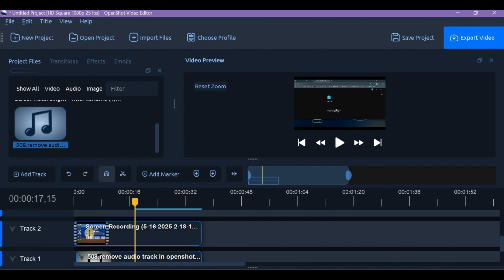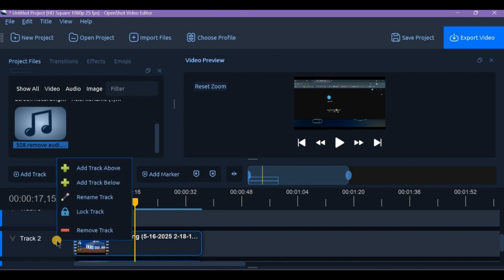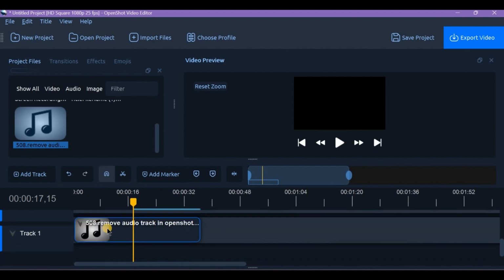Click on the clip in the timeline to select it. Now press the delete key on your keyboard or right click and choose remove clip. The clip disappears from the timeline, but it still stays in your project files just in case you want to